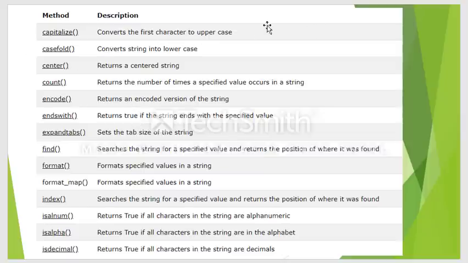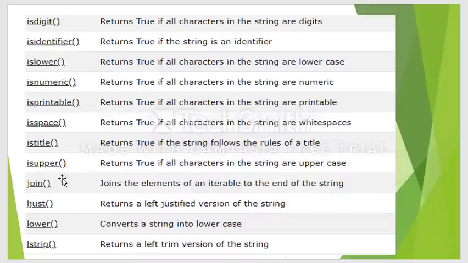So just go through all these different kinds of functions which are available. There is a description on the right hand side and the method on the left hand side, so you can see the different functions and their descriptions. Whenever required, you can use them with proper examples. We have used upper, lower, strip, join.